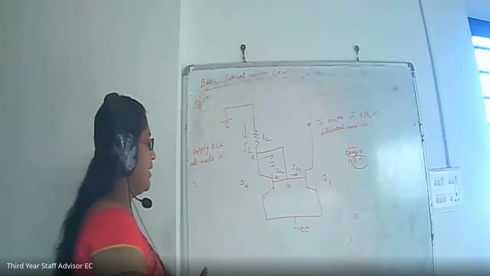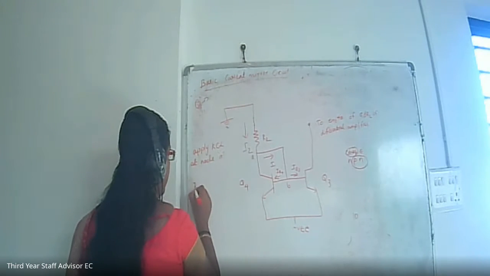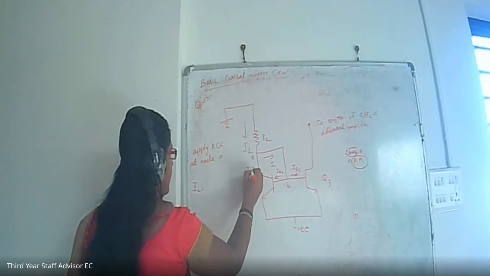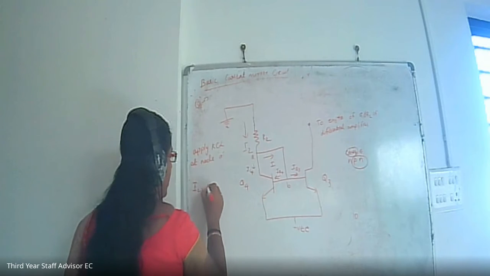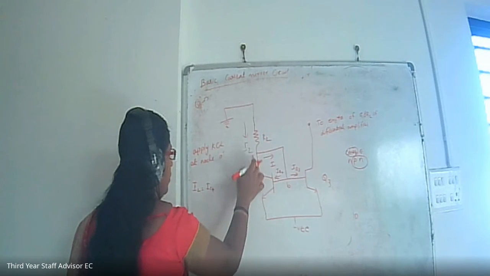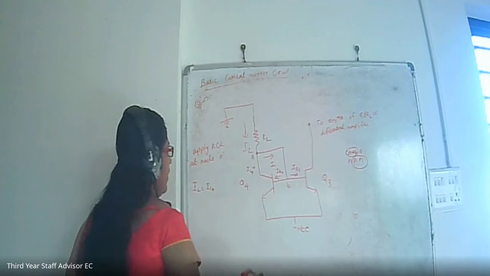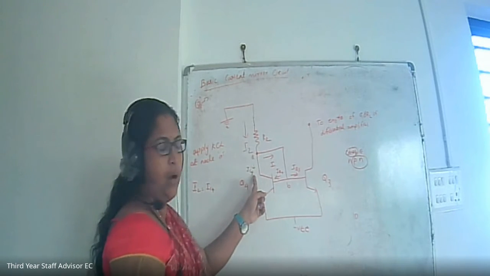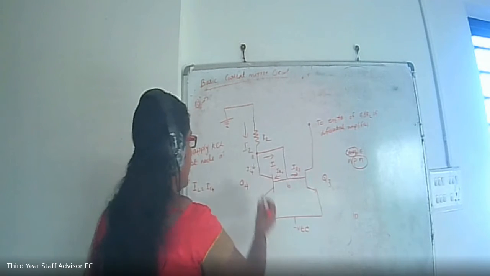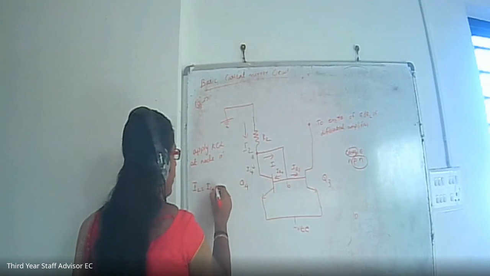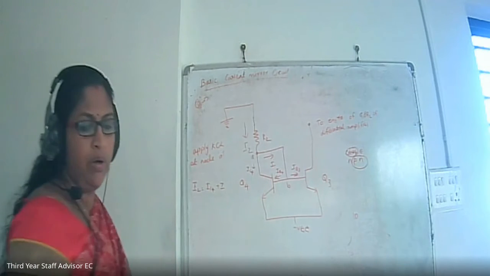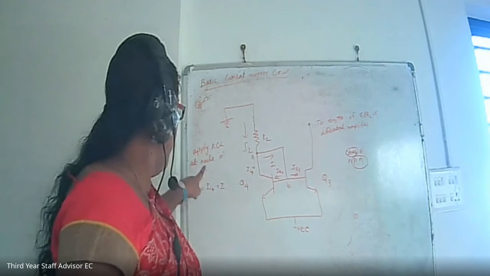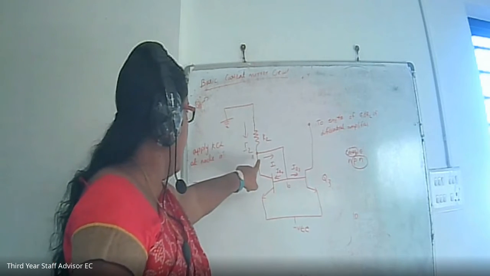So you can write it as, what is the incoming current? I2 is the incoming current here. So I2 equals, and what is the outgoing current? Here we are expecting that IC4 is going through this. So IC4 is outgoing. As we are considering this node A, I2 is the incoming current and IC4 is the outgoing current, and I is also outgoing. So we can write IC4 plus I. So I2 equals IC4 plus I. Now we have applied the KCL equation at node A.